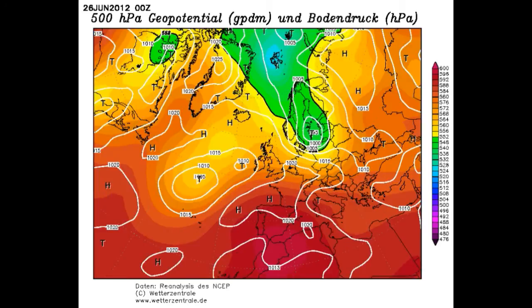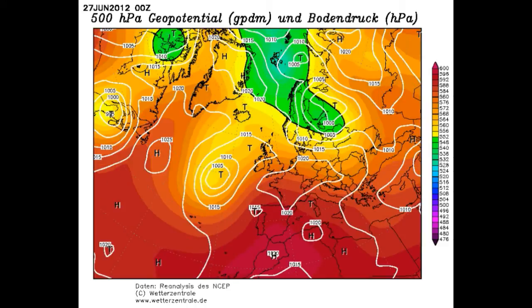But then by the 26th we actually develop quite an interesting pattern in which high pressure starts to ridge into the south of the country. So for southern areas it actually turns quite fine and settled, and in a southwesterly wind, which don't forget in June is quite warm, the temperatures start to rise, and that gets stronger into the 27th. But also notice that out in the Atlantic we've got this area of low pressure forming,